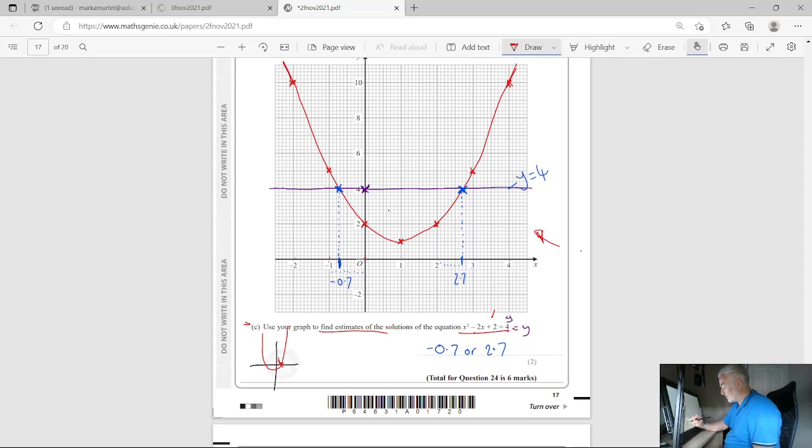So my two solutions will be this point here and this point here. You can see with this graph, it never actually gets down to cutting the x-axis. So it's not actually got any physical solutions,